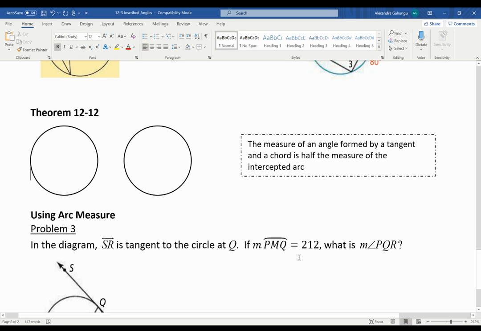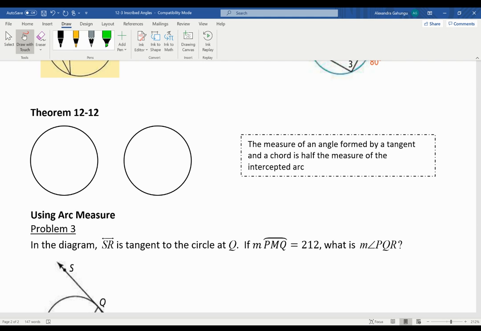Okay, so we're going to go over the last theorem for 12-3, which talks about the measure of an angle formed by a tangent and a chord is half the measure of the intercepted arc. So it's actually related to the other theorems a bit. So if we have a chord, let's say chord BC,